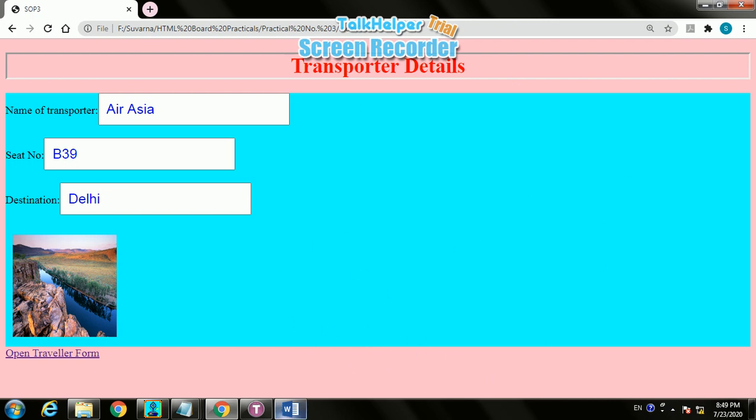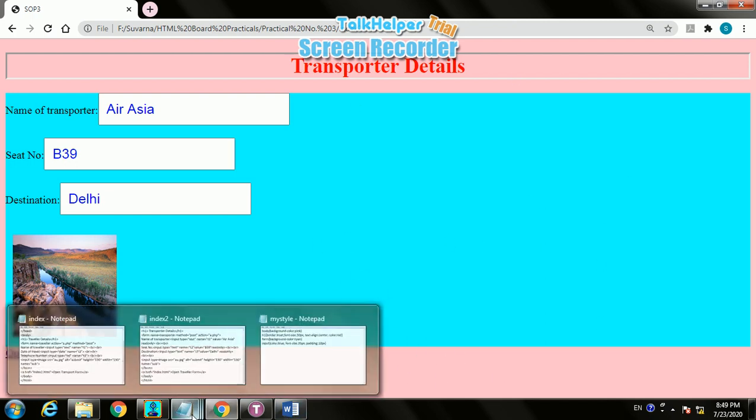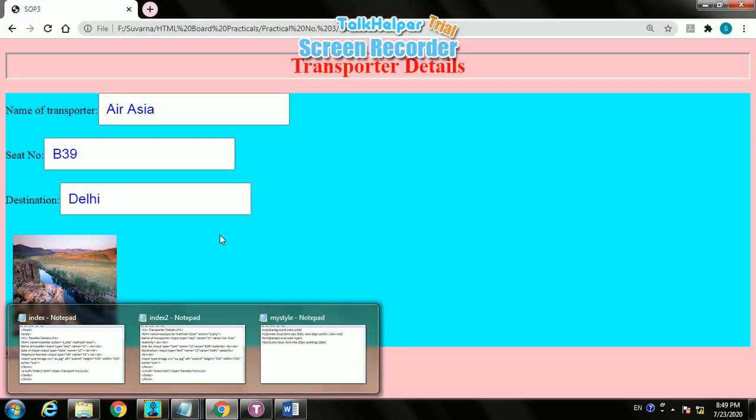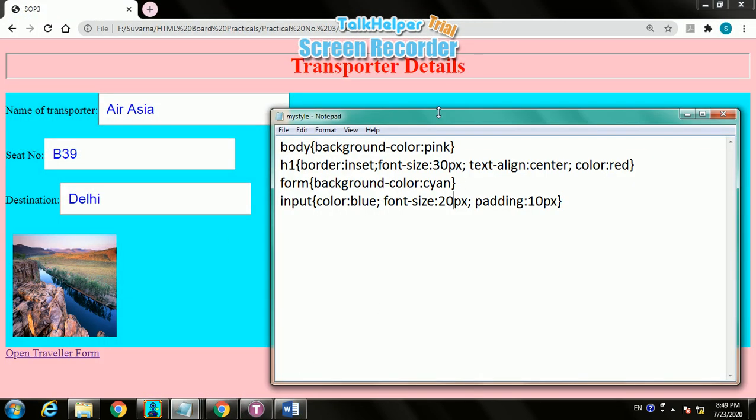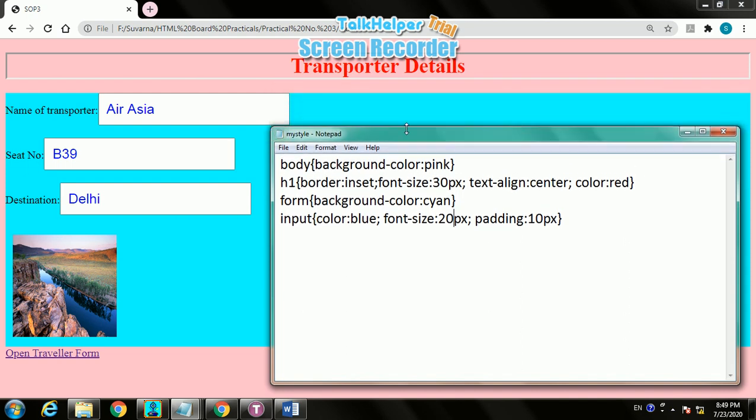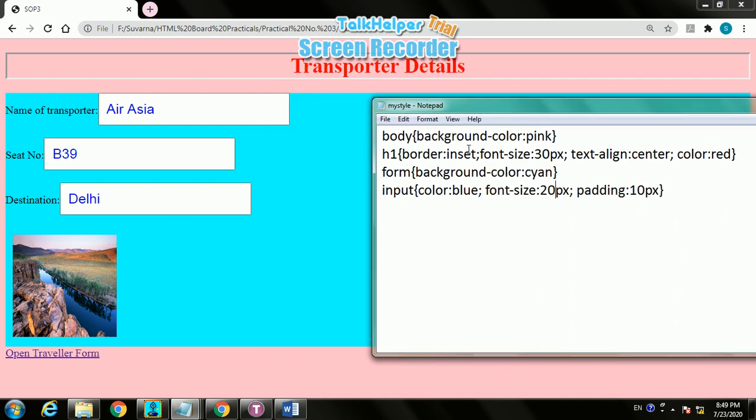Okay, now let us see the different style sheets we have used here. I have used the external style sheet only for this second web page. For that I used body background color as pink. This background color is pink. Then H1 border inset.